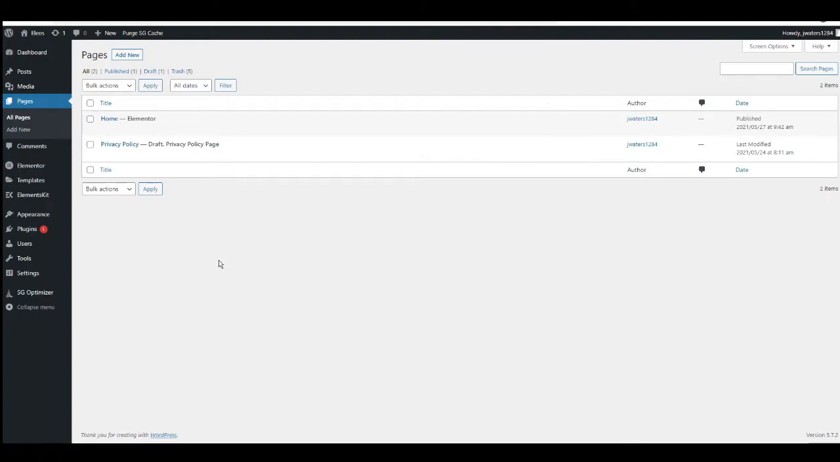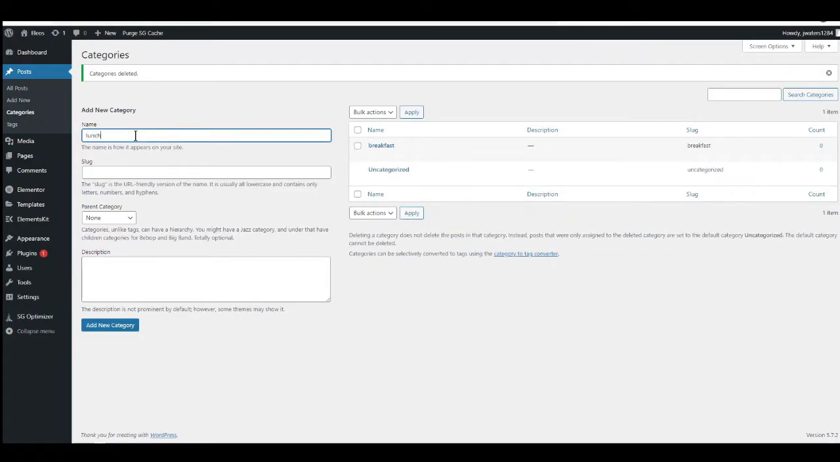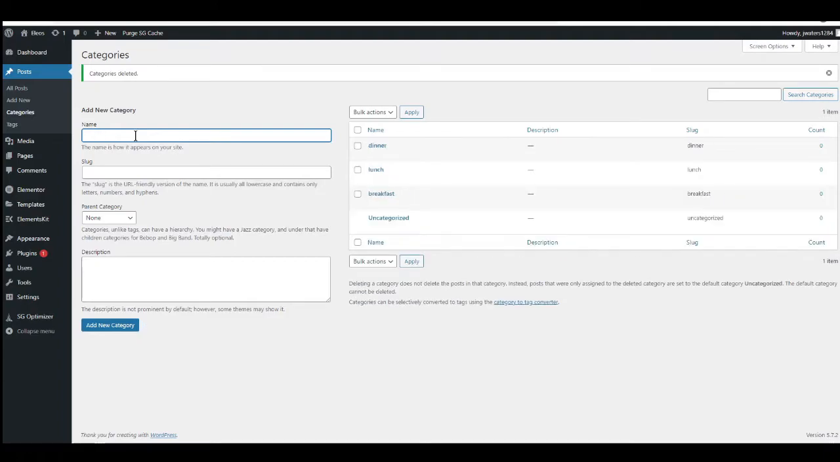Now before we add that page, we're just going to put some categories onto WordPress so that we can easily assign the categories to that page. So if you head over to the left hand side, hover over posts and go down to categories. Okay, so I'm just going to enter a couple of categories into here. Yours may be different to mine, but I'm just going to call the first one breakfast, then lunch, dinner, maybe